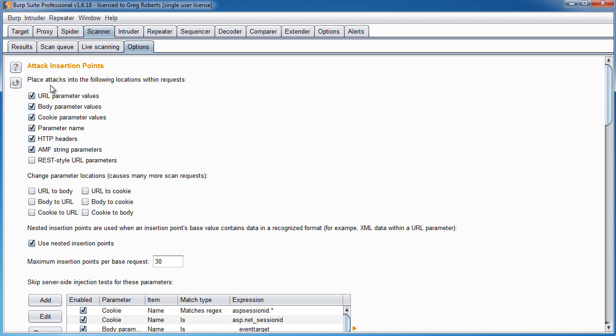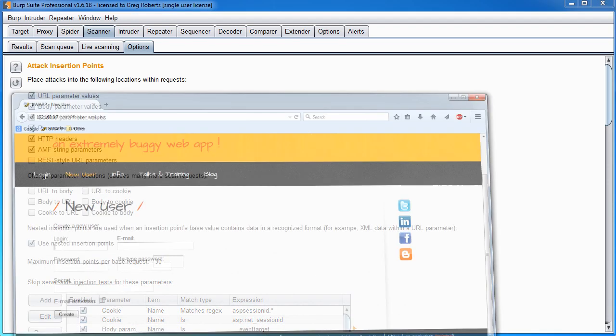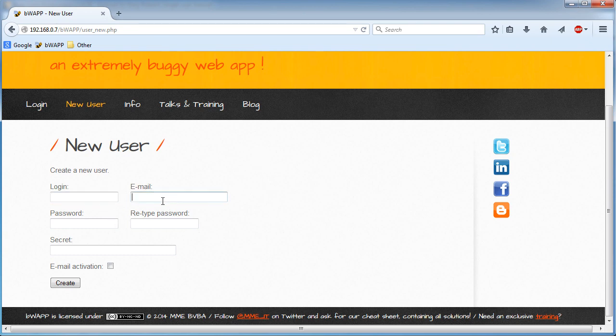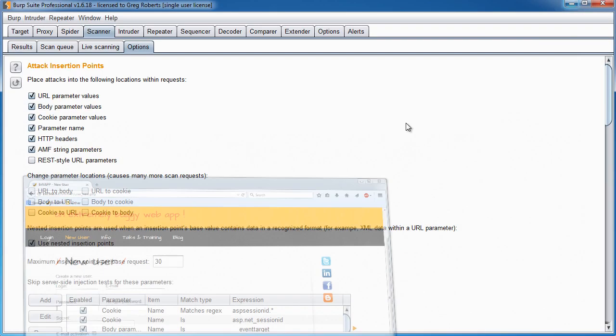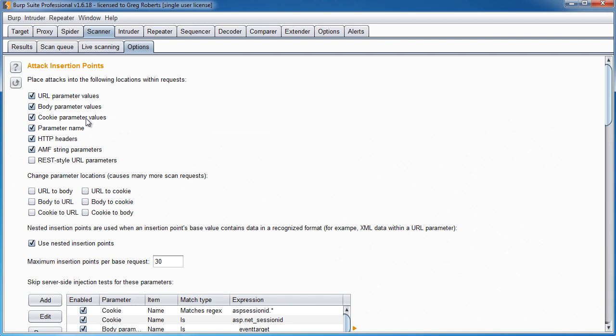So the first one is pretty much detail about your insertion points, where you want to attack. URL parameter values, these are just your basic regular values in the URL query string. The body parameter values, these are the areas such as, and pull up the site again, such as the form elements, anything in your body basically. Maybe there's a file upload button so you can do something like mess with the file name or file spoofing. So anything inside your body, that's what that means. Cookie parameter, of course you know what that is